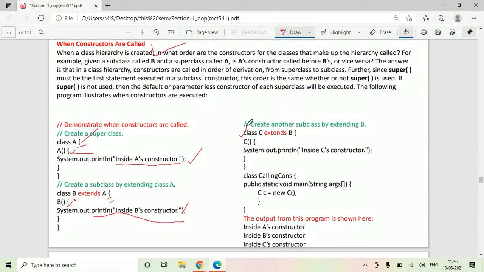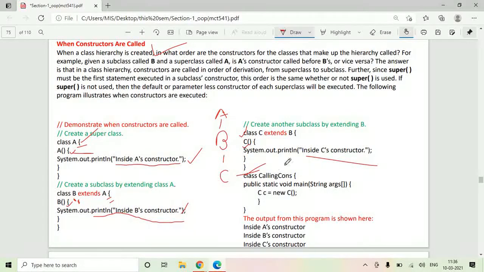We created another class, class C. It extends class B. So from A to B, from B to C, and we have C's constructor inside C.